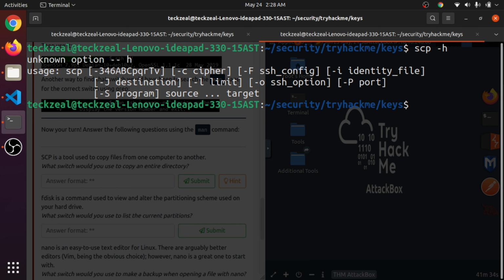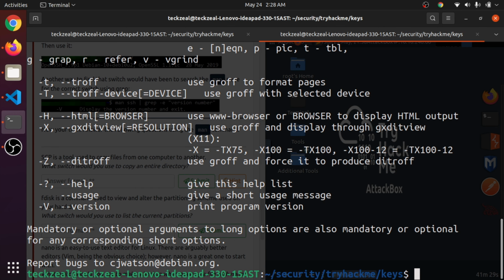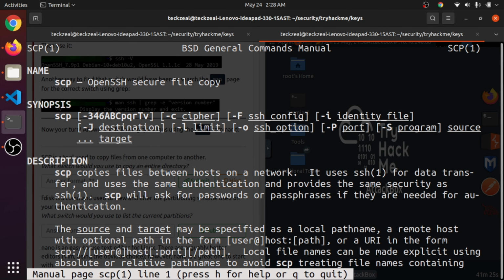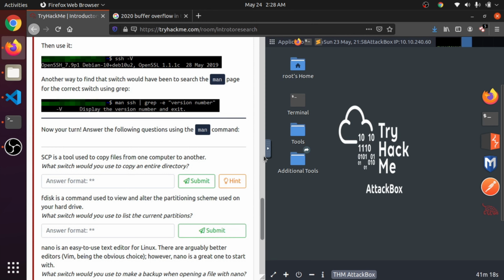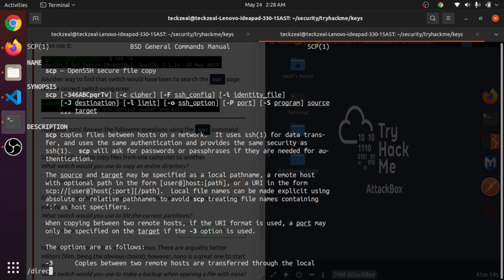Okay, there is one command called SCP, so we'll open man SCP. If you want to find something here, use / and find entire directory.